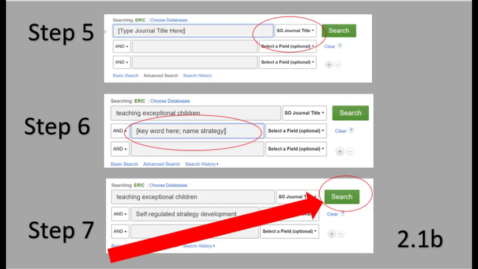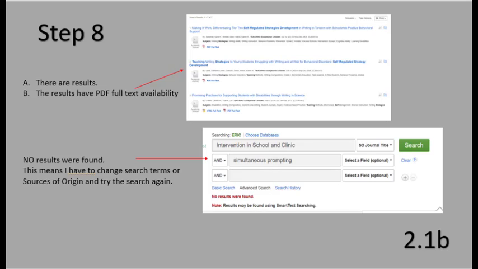You can type directly in the name of the journal, like Teaching Exceptional Children, and add additional search terms to categorize the practice or content area that you're specifically focusing on, maybe reading fluency, reading comprehension, math problem solving, self-monitoring, self-regulation. An area of interest that connects to the student's disability-related need can be entered as a search term to yield results